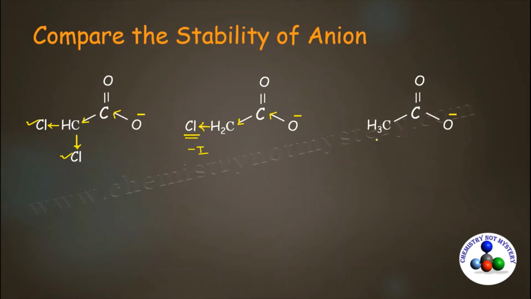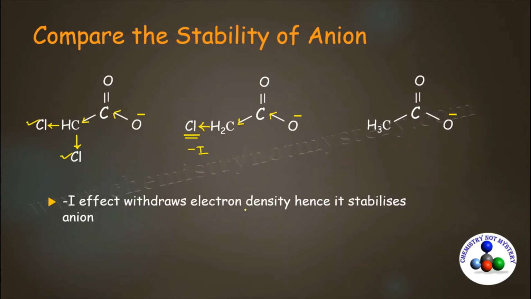Now examine the third anion. There is no electron withdrawing group attached to the carbon. Minus I effect withdraws electron density, hence it stabilizes the anion. As in the third anion there is no electron withdrawing group, this will be the least stable, and in the first anion there